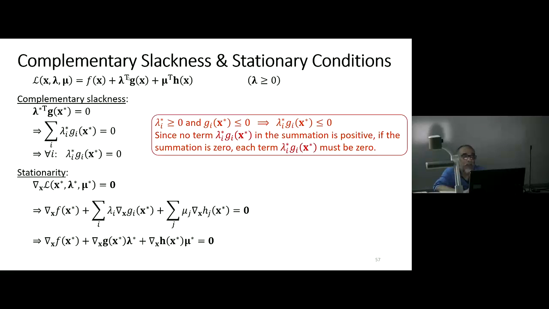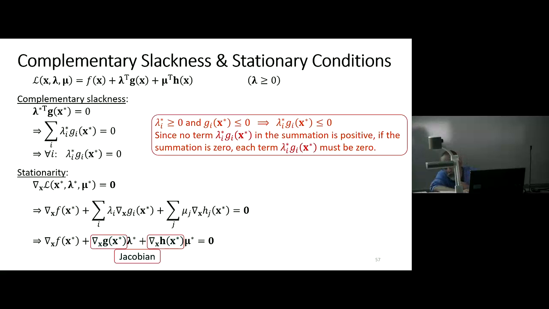So for lambda transpose g of x, when we differentiate with respect to x, we get this here, and this lambda transpose now moves from the left side to the right side, and becomes a lambda without the transpose. And the same thing with this term here. The derivative of this term is this term. And remembering that g and h are both vector functions,